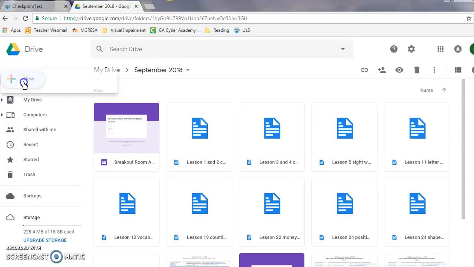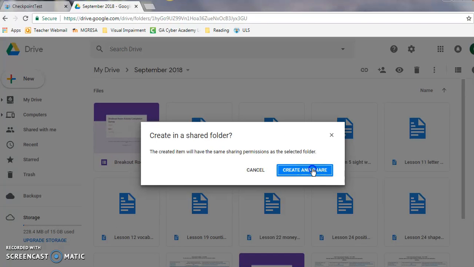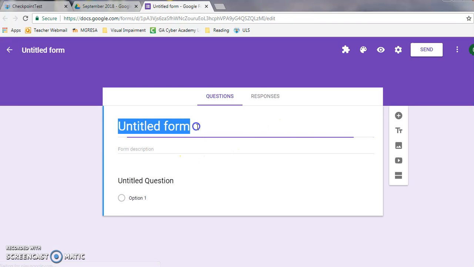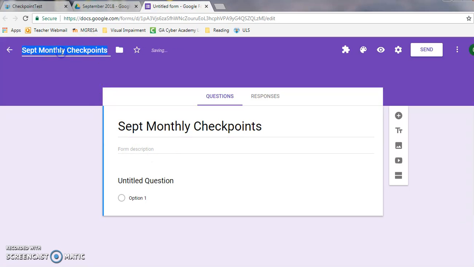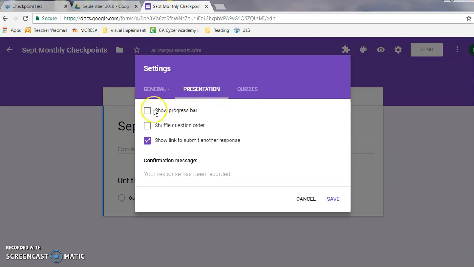So what I'm going to do is I'm going to click New, go down to More, and go over and click Google Forms, and click Create and Share. And then if you just click up here, it'll automatically put that up there. Then you're going to click in the settings, and you're going to say make this a quiz, and that will grade it for you. And then I always click show progress bar because the kids like to know how much